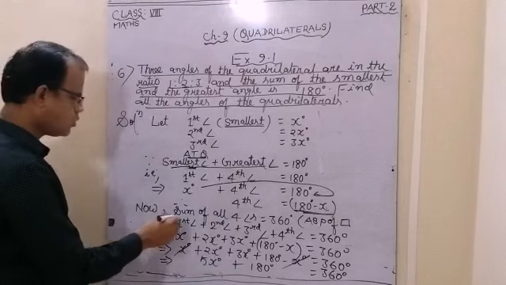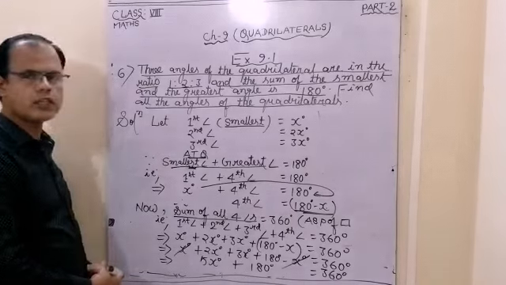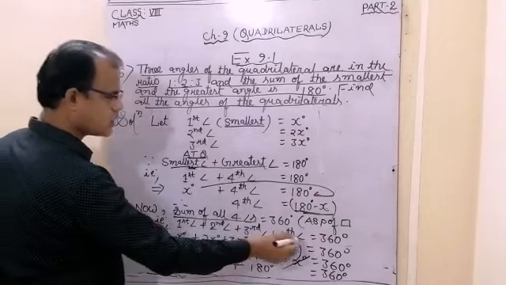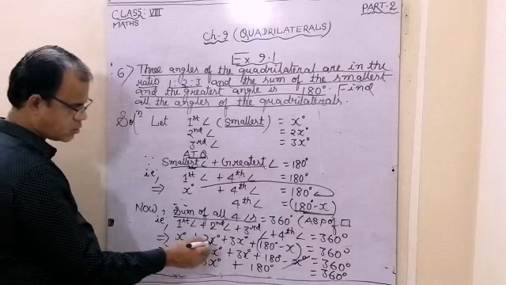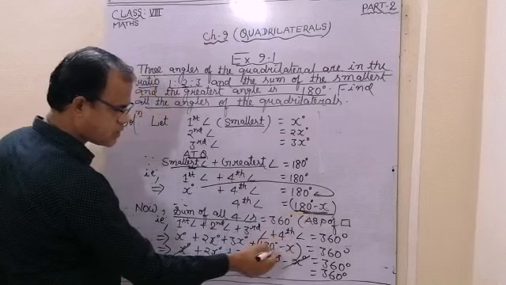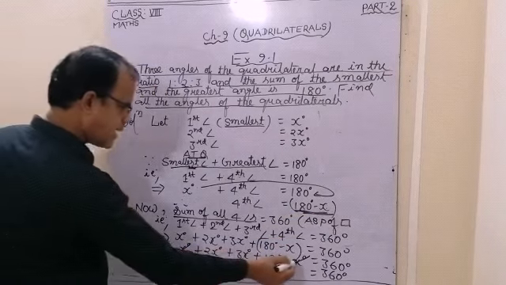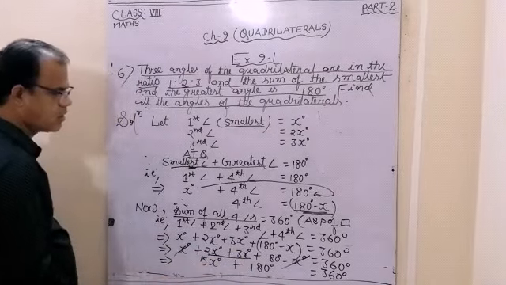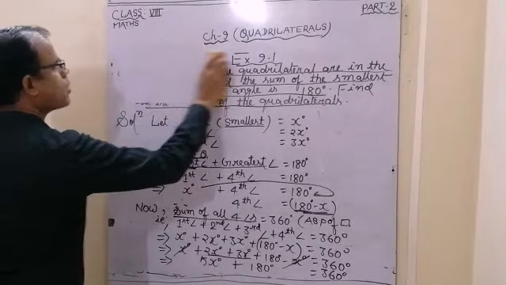Now as we know, the sum of all four angles is 360 degrees, the angle sum property of a quadrilateral. So look here, first angle, second angle, third angle plus fourth angle equals 360. We are given values, so x degrees, 2x degrees, 3x degrees plus the fourth angle, 180 minus x degrees, becomes 360 degrees. So here you see x and minus x cancel, 2x plus 3x is 5x, plus 180 equals 360. Now we have to solve this.